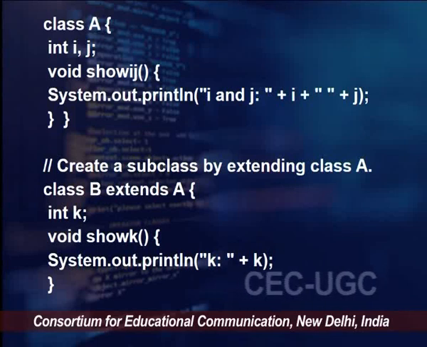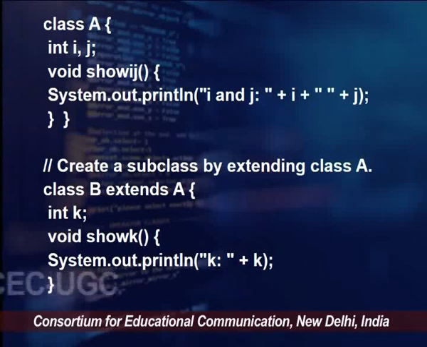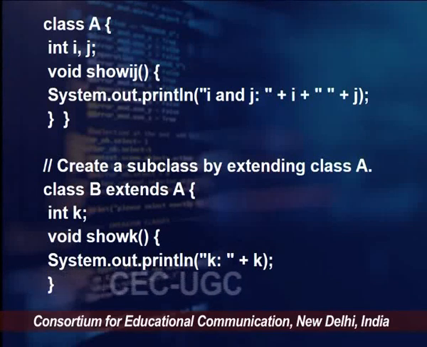So here we have taken two classes, one is A with the two variables i and j and an instance method which is printing the value of i and j, and then another which is the subclass